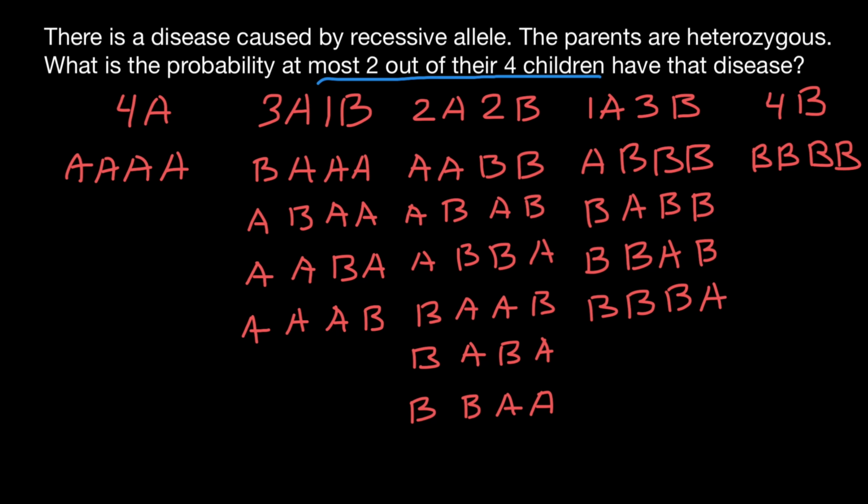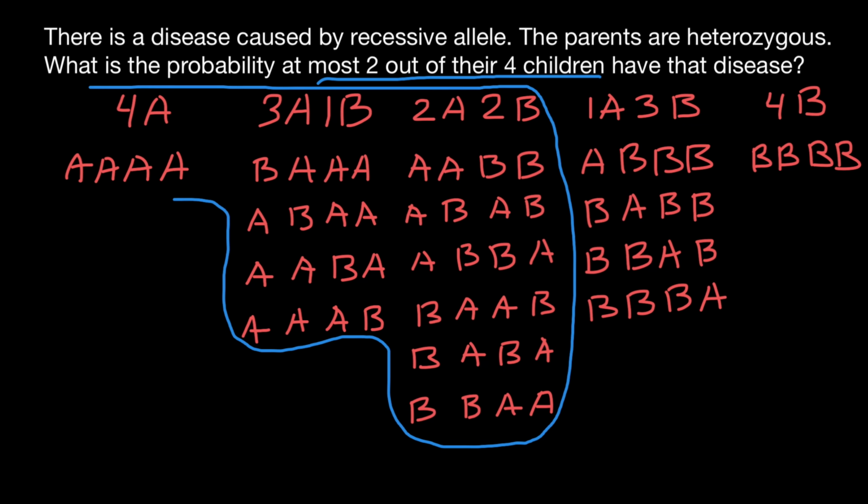So let me circle. That means that we only account for these first 3 columns, which represent where the family has all 4 children healthy, 1 child unhealthy and 3 healthy, and at most where this family would have 2 children affected with this genetic disorder and 2 unaffected. And some of you may say that the probability is going to be, let's count how many combinations we have: